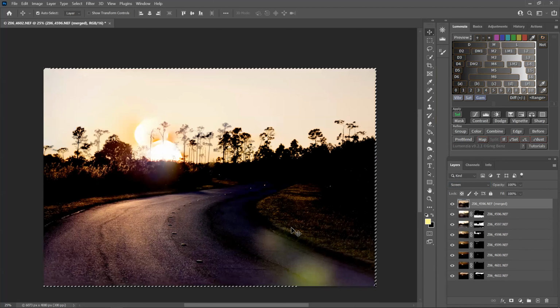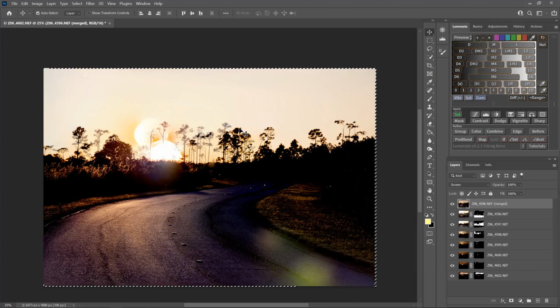Here you can see it a little bit better. This is an awful image, but you can see now here, the trees are in focus, the road's in focus, all these trees on the side of the road are in focus. And that's essentially how you focus stack.